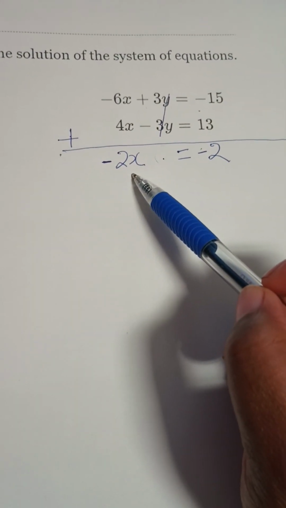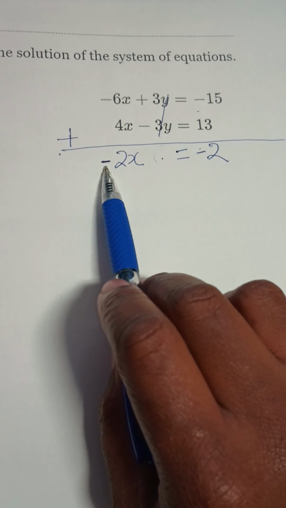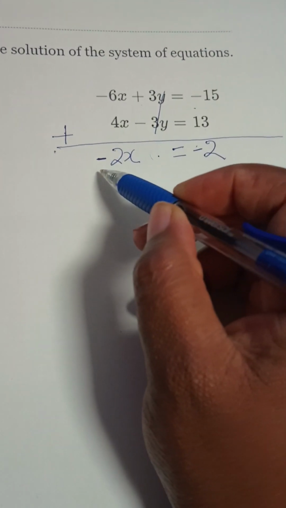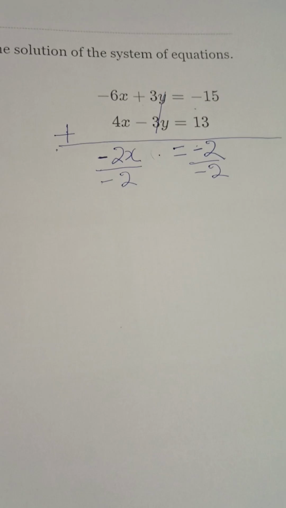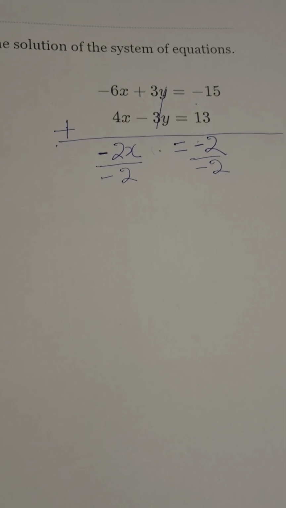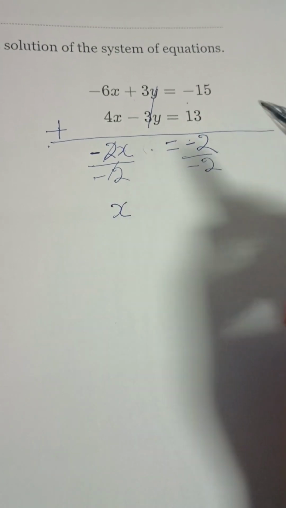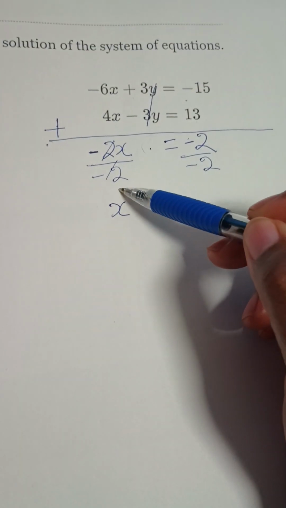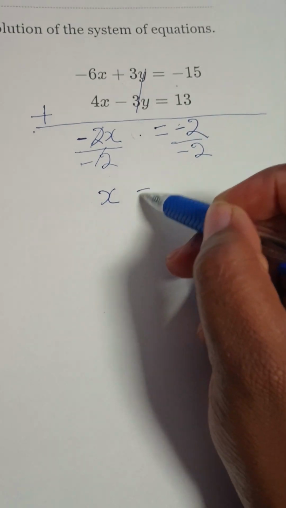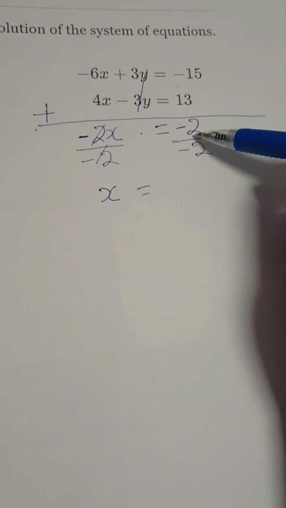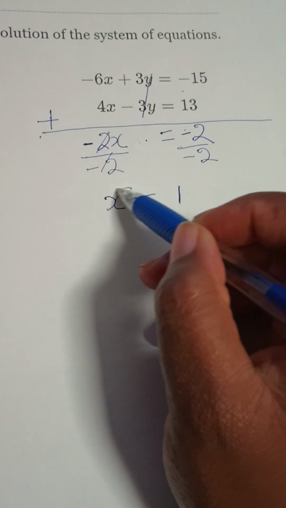I have to undo this multiplication. And the way to do that is I'm going to use this negative 2 because I want my x to stand alone. So I'm going to divide both sides by negative 2. Then I have a negative 2, cancels out. That leaves my x, right? Because negative 2 into negative 1. You have x could be 1x or x is the same thing. So now the same thing for this side. We're going to divide negative 2 divided by negative 2, and you're going to be left with 1. So now that you find the x value is 1,